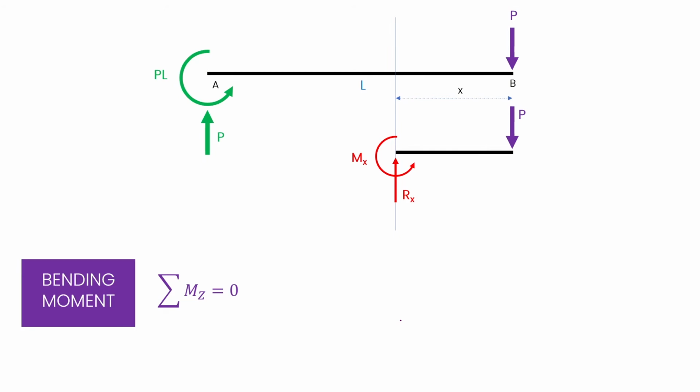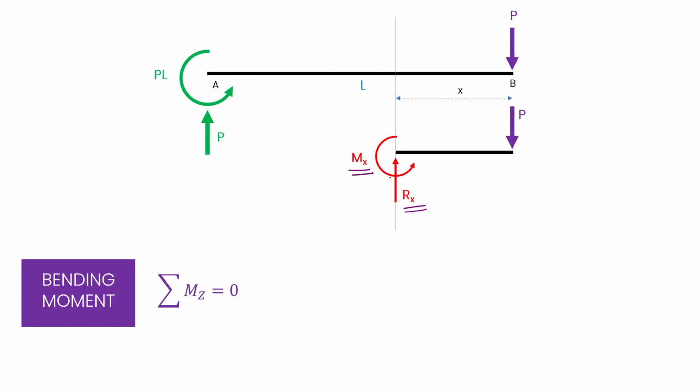The concepts remain the same. Now in this case, instead of solving for this Rx, which was the shear force, we'll be solving for this Mx, which will be the bending moment inside a structure. So at any point X, we'll find Mx, and ultimately we'll again plot a graph and we'll know the bending moments inside the structure at all points. So just like we solved Rx for finding the shear force, let's find Mx for finding the bending moments.